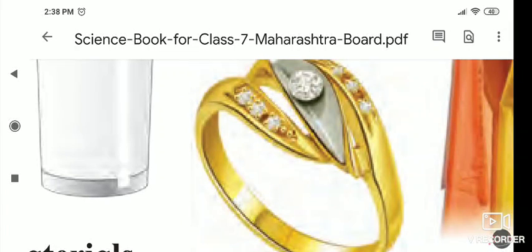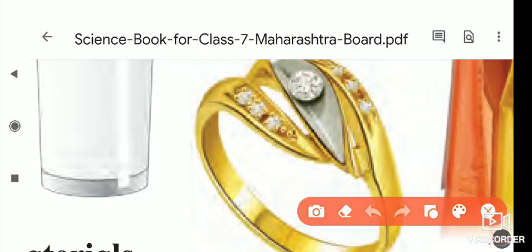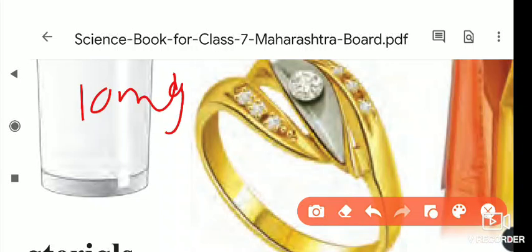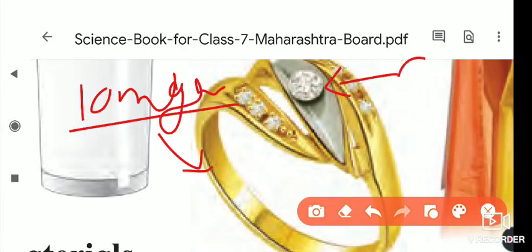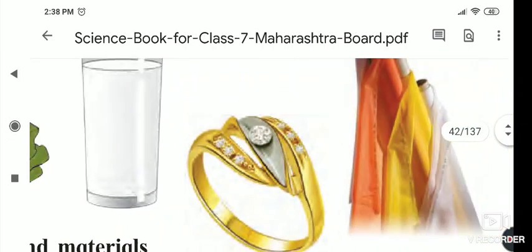Actually gold is present in carats. It is 22 carat gold, 24 carat gold, 20 carat gold. In that way, as per the carat, the gold rate is there, and that gold rate is for the milligram. So 10 milligrams is equal to how much? 1 tola. In Marathi we say tola. That is the unit we are using for gold. If it is a diamond, diamond is measured in carats, and as per carat the diamond's rate is fixed.